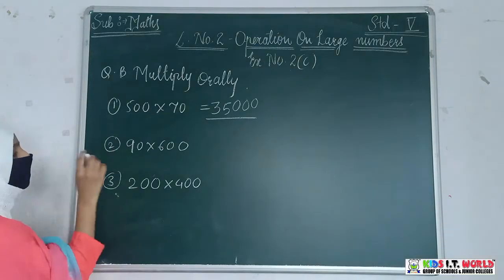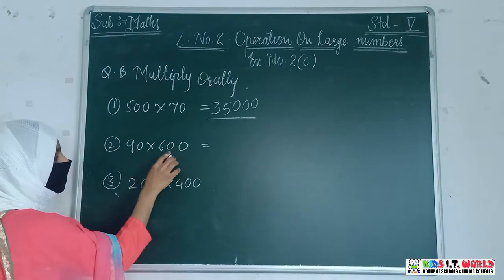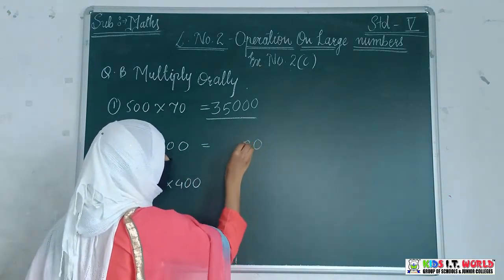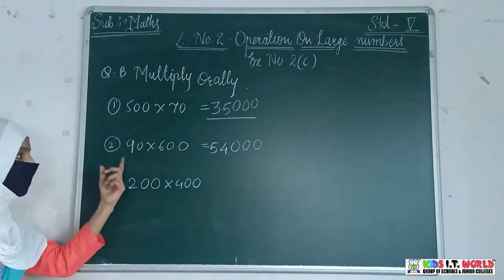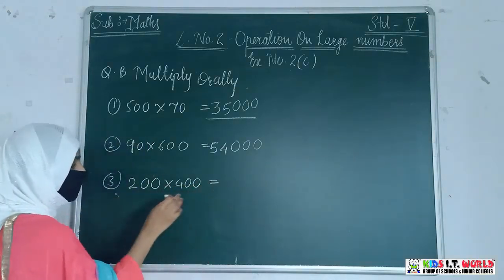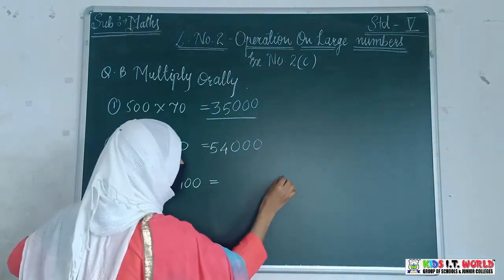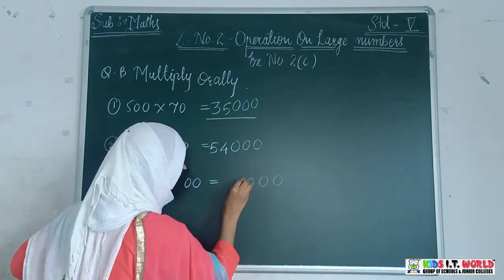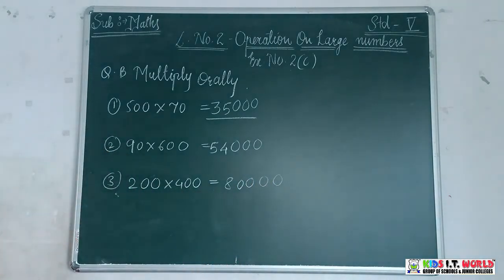It's very simple. Now see in the second example also the same process. Count down the zeros. 1, 2, 3. Write down the 3 zeros here. And 9 6s are 54. In this way, you will multiply the numbers by tens, hundreds or thousands. In the same way, count down the zeros. 1, 2, 3, 4. So how many zeros are there? 1, 2, 3, 4. And 4 2s are 8. This is your answer. In this way, you can multiply the numbers by tens, hundreds and thousands also.